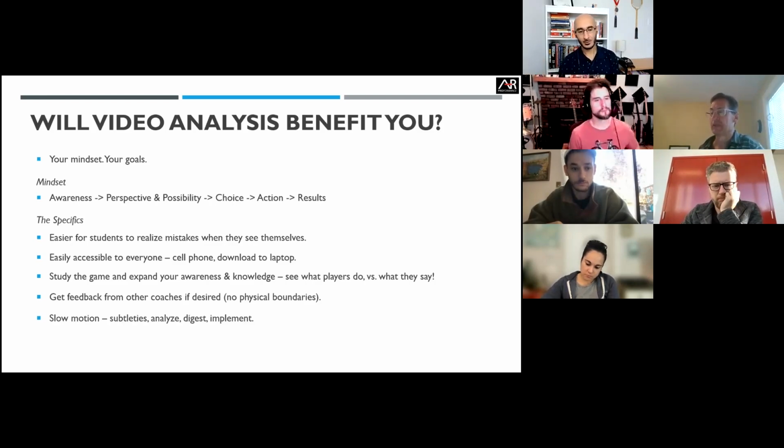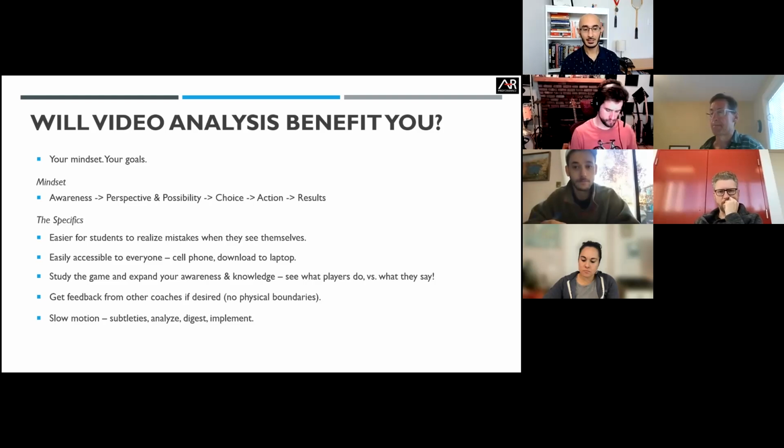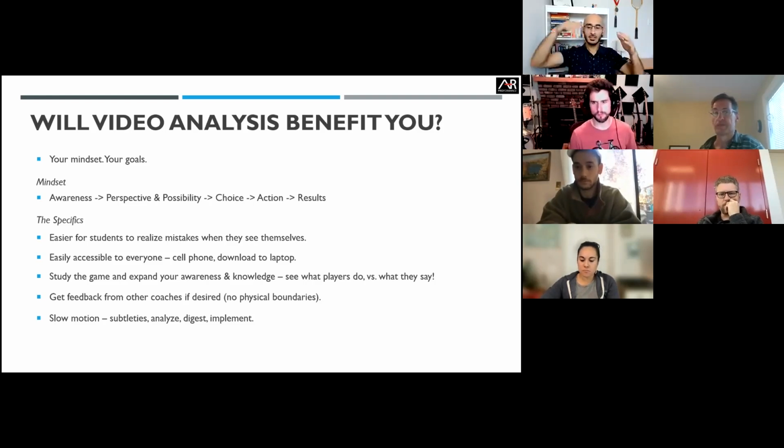And then this is one of the biggest benefits of video, in my opinion, is you can see things in slow motion. So you can see the subtleties of what's going on. You can analyze things in a very, very different way when it is slow. When you're looking at something in real time, it's happening so quickly that a lot of stuff just passes over our heads and we pick up maybe one or two things. But when you look at the video in slow motion, you can look at all of the details.